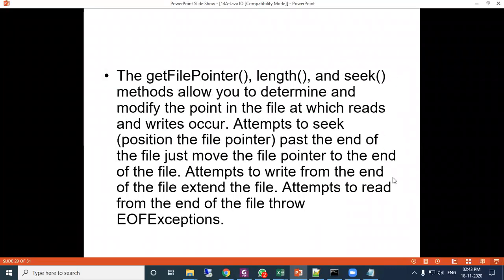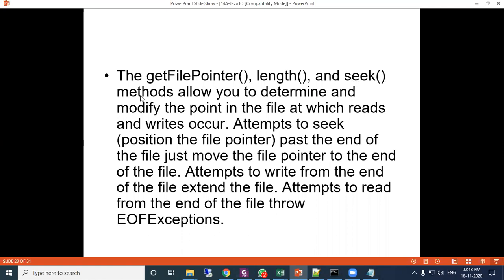There are so many methods using which you can do the processes, like getFilePointer. You can note down getFilePointer, length, and seek.